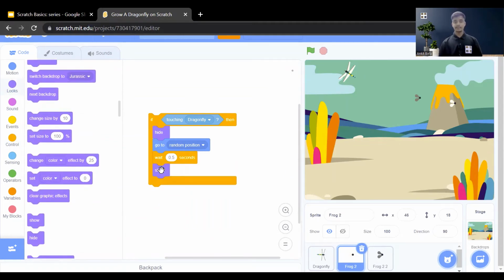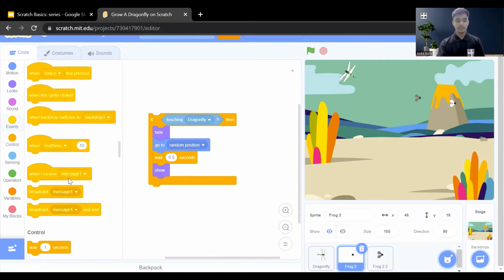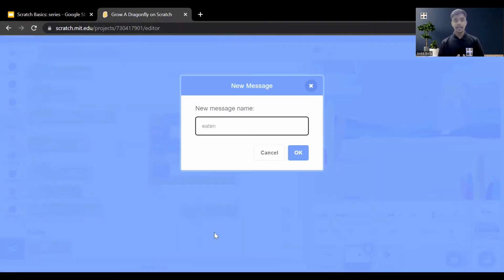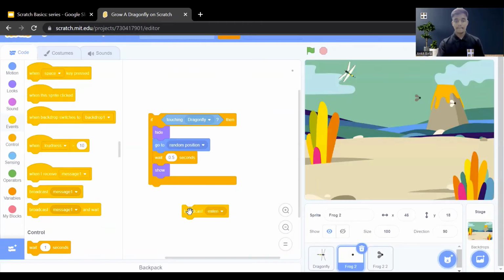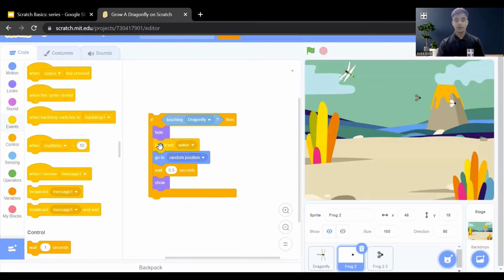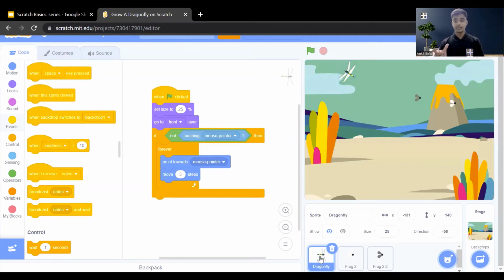and that's it. But also, whenever it is hidden, we need to broadcast a message, as we will see in this slide. So go to the event section and drag the broadcast message one. And just click on the new message, write a message, whichever you want to broadcast. So after hiding, just broadcast the message. And whenever this message is received by the Dragonfly sprite,